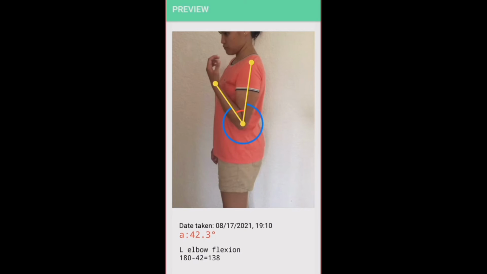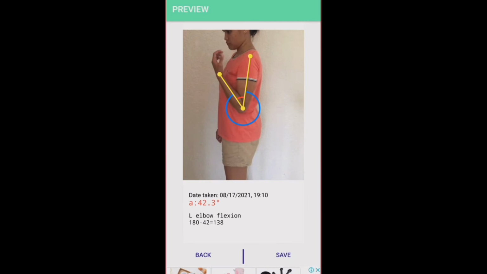And then you'll be able to save it. The image now says that the 42.3, the left elbow flexion, is 138 degrees. And then just save it.